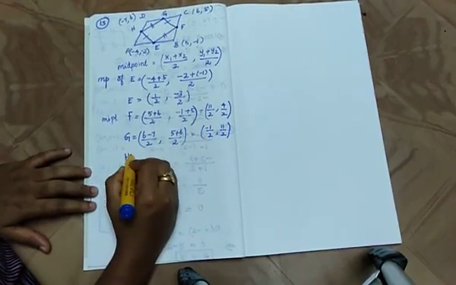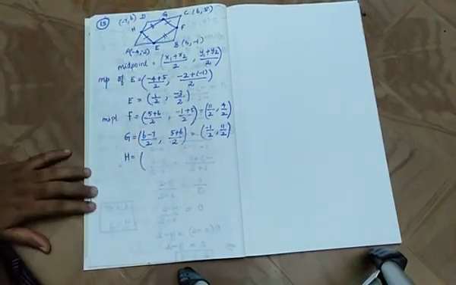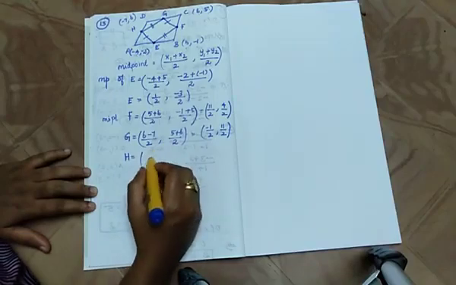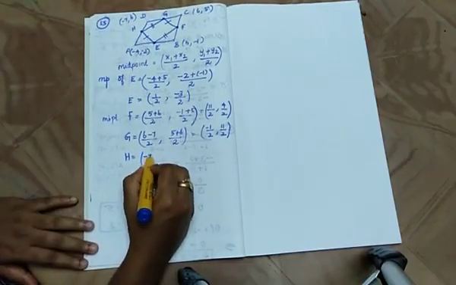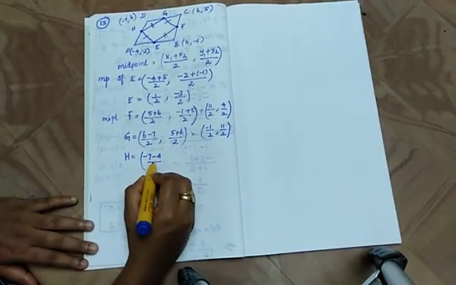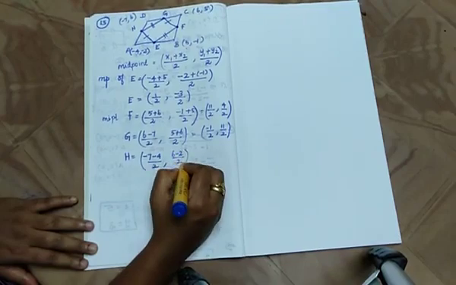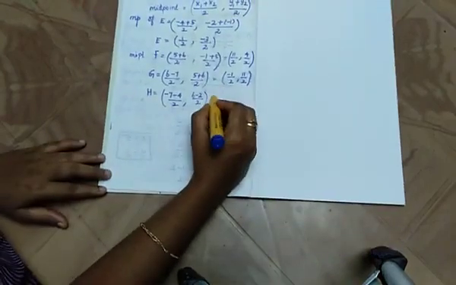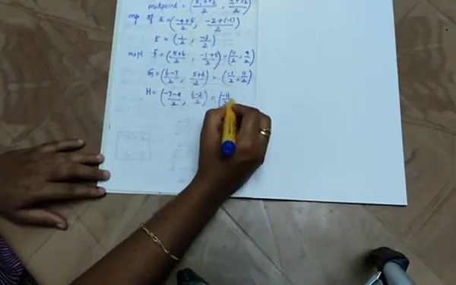Now finally the H value. H is the midpoint of D and A. So what will be X1 Y1 and X2 Y2? Minus 7 minus 4 by 2, comma 6 minus 2 by 2, which is equal to minus 11 by 2, comma...